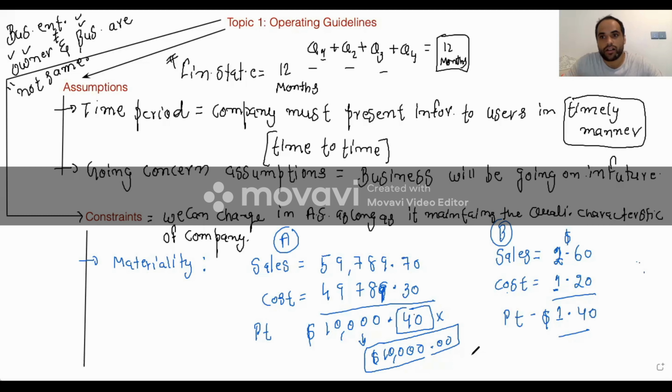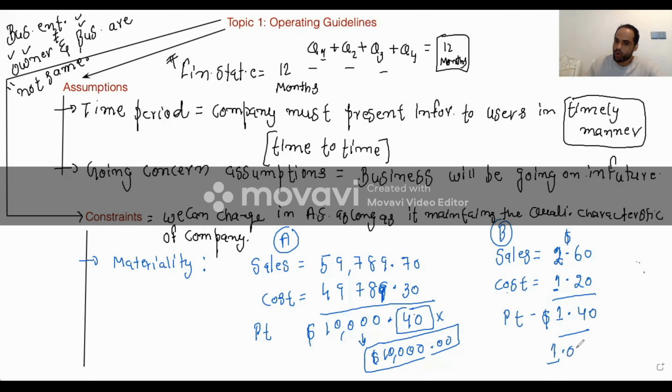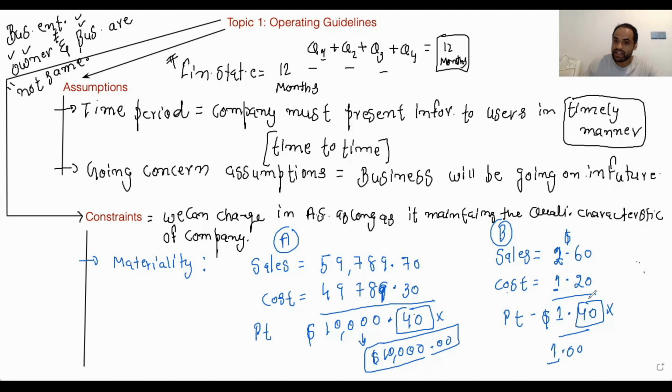No. Of course not. Because why? Because this dollar amount is insignificant, a very small number. Let's take the same example here. Company profit is $1.40. Can I write here $1 only? Can I remove this 40 cents here? No, no, no. Why? Because comparatively, this number is